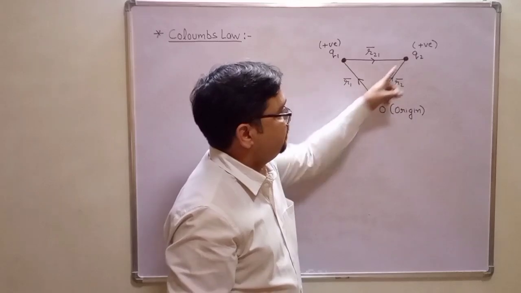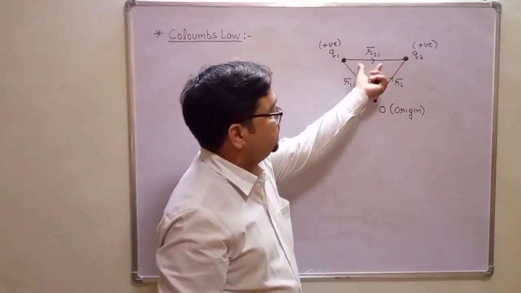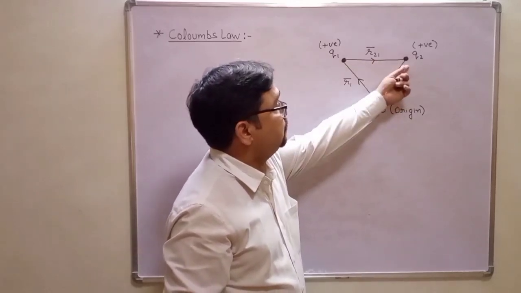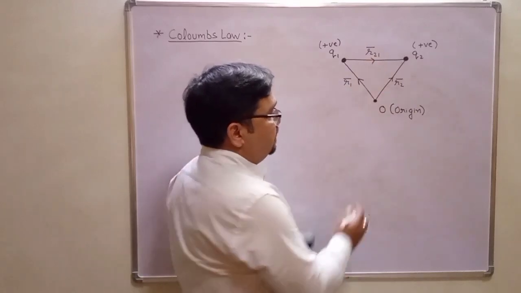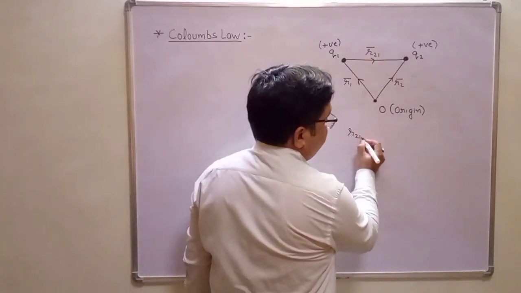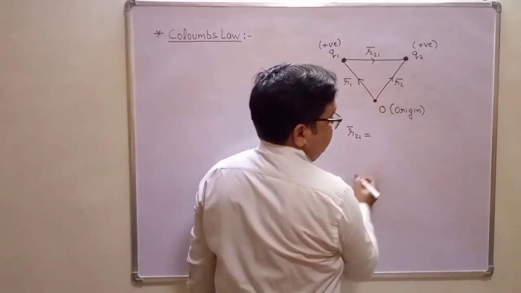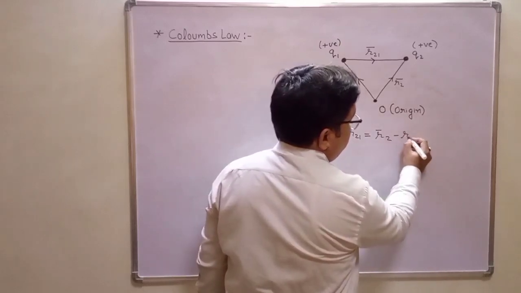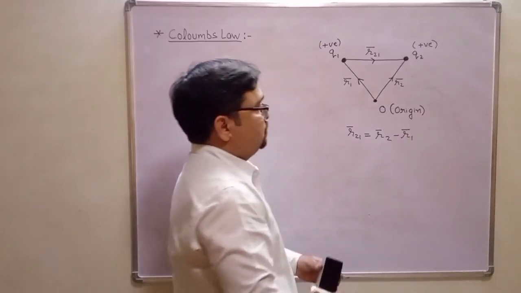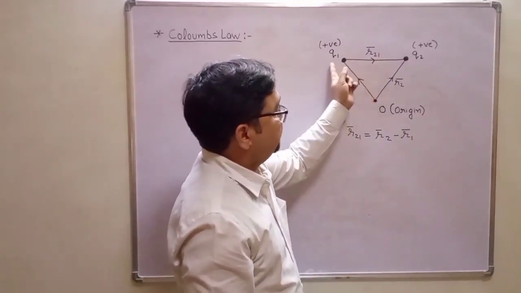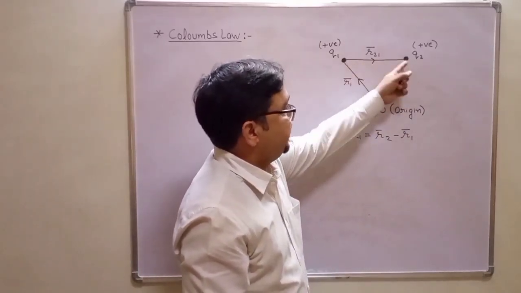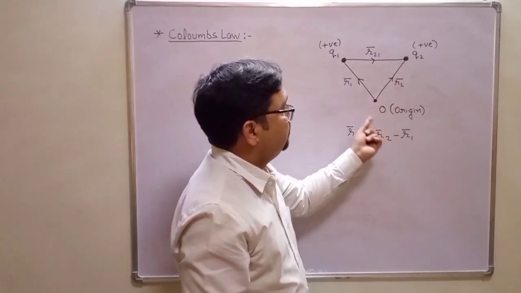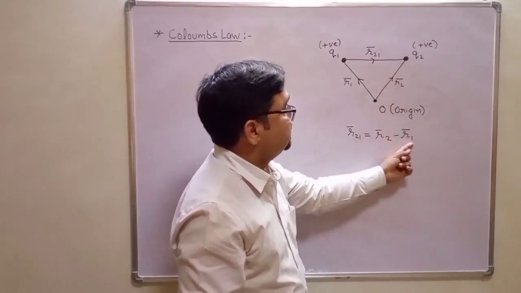This is the position vector of Q2. So the position vector between Q1 and Q2 will be R21. Here R21 is equal to R2 minus R1. So the vector from Q1 to Q2, this direction will be equal to position vector of R2 minus position vector